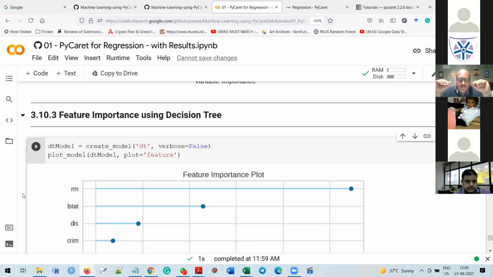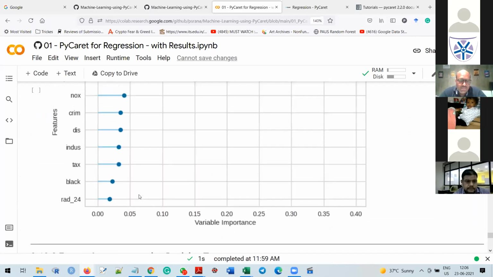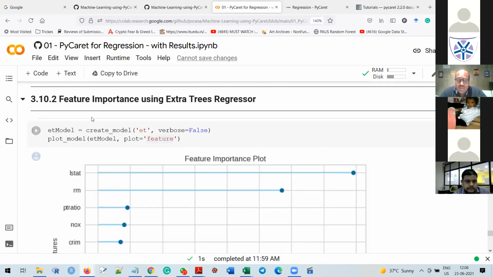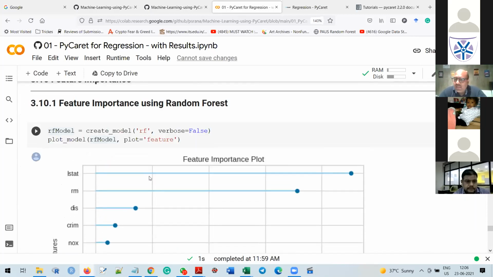Okay. Now you're talking about feature importance. If I am creating a different model, my feature importance changes accordingly. If you look here, my decision tree model gives a different feature selection. Here I am using the ET model, and it is giving a different feature selection method. And again here, it may be using a different feature selection method. Now in the backend, there is a wrapper method, and there are multiple other methods, like the recursive feature selection method.